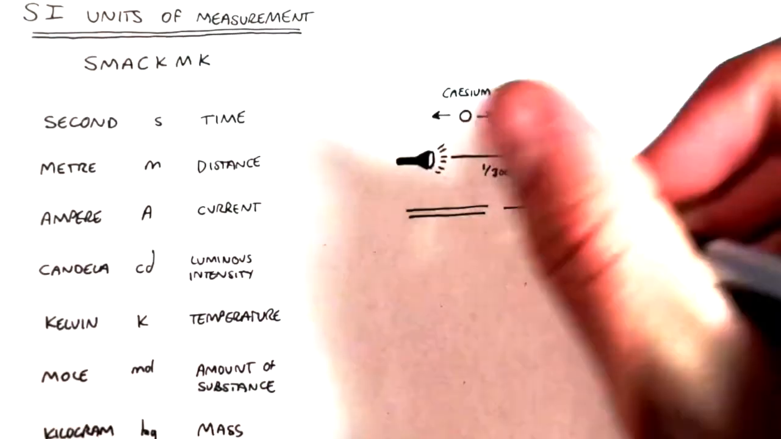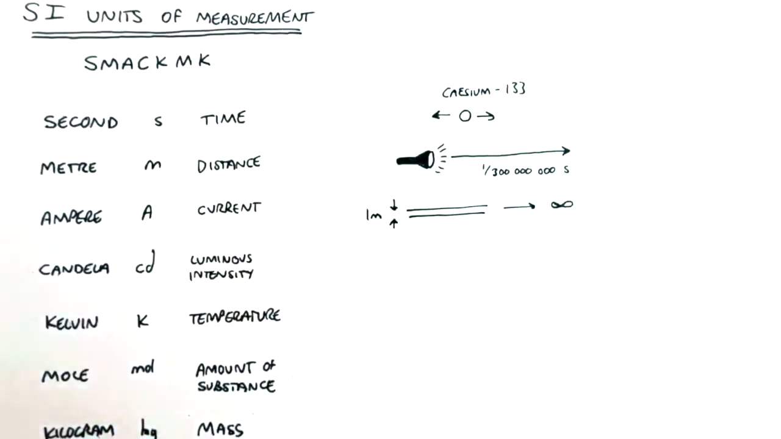Take two parallel conductors of infinite length, they're probably available on Amazon, and hold them a meter apart. The current required to generate a force of 2 × 10⁻⁷ newtons per meter is 1 ampere. Or at least it was until 2019, when someone decided they weren't happy with this definition and decided to define